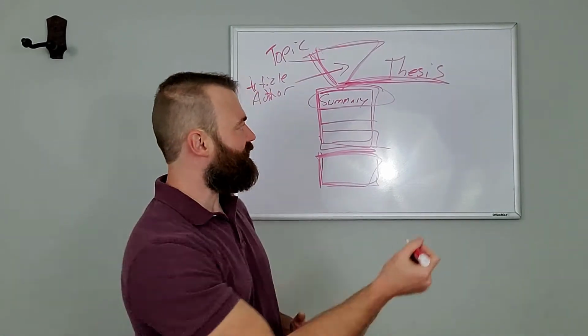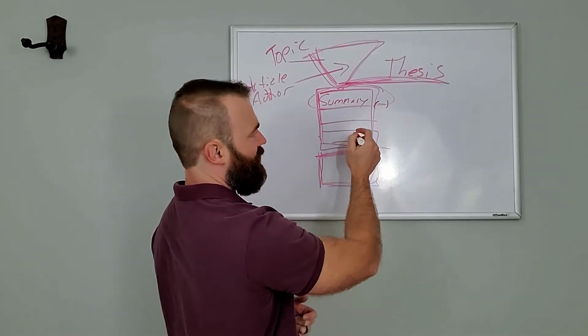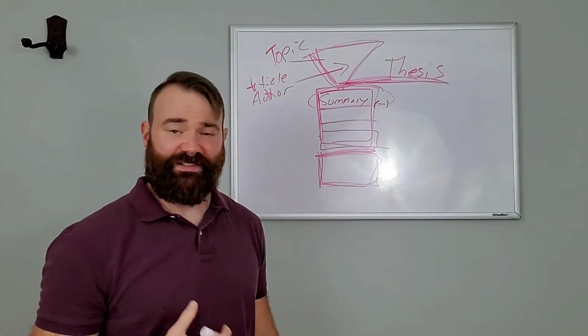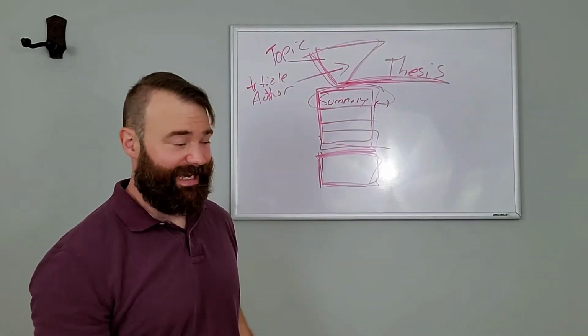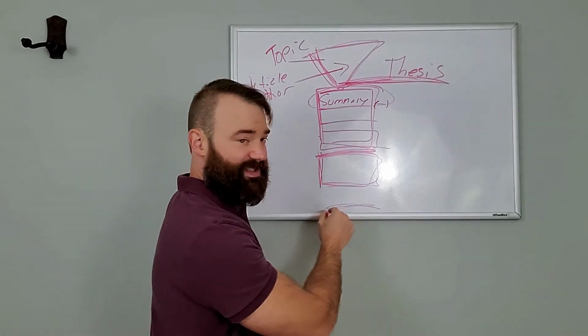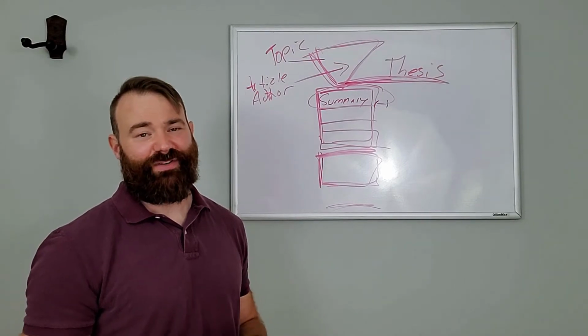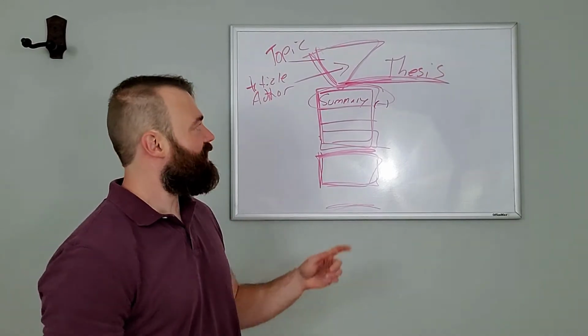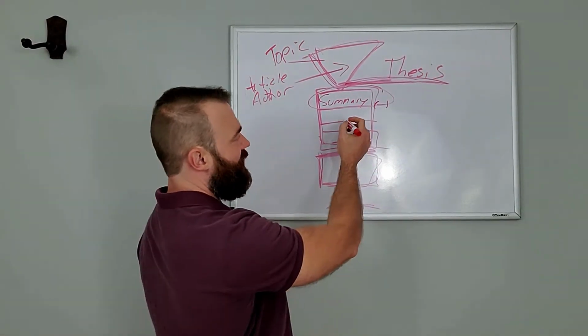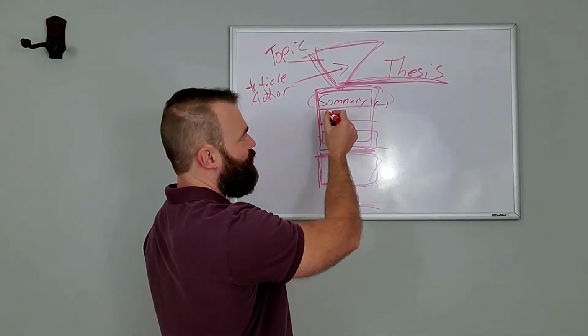And make sure you have your citation at the end with the page range. And of course, all of the other things that a summary should be, that has to be there. And of course, you're going to have your works cited at the end of your essay because you're going to cite your source.